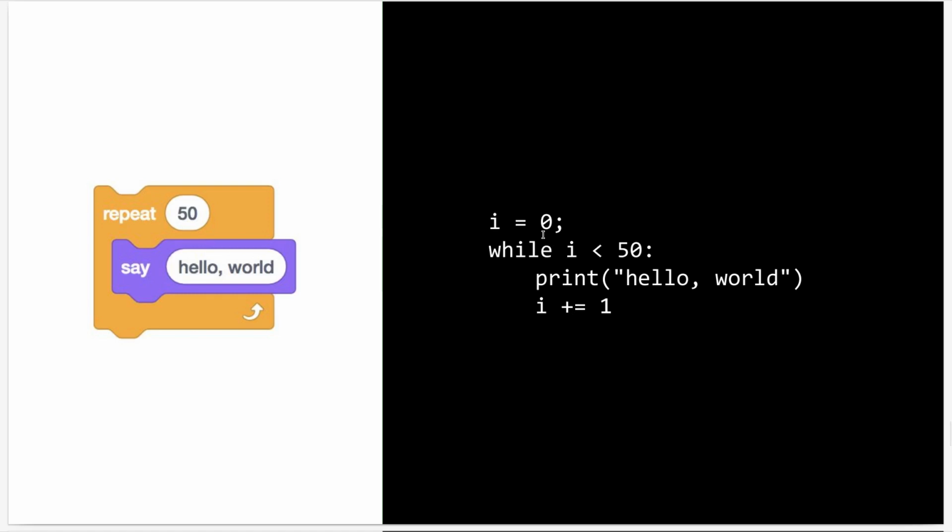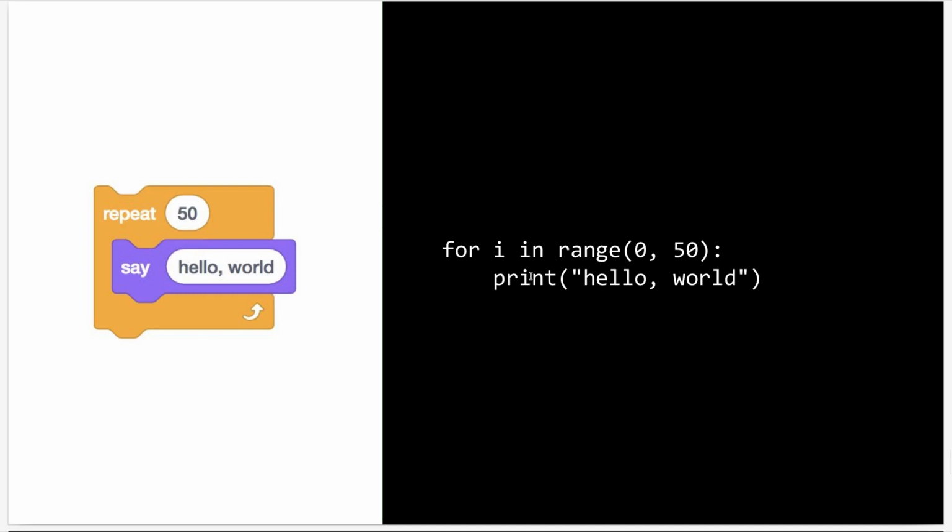So now if you see the execution, initially i is equal to 0 and 0 is obviously less than 50, so print hello world runs, and now i is incremented by 1. 0 plus 1 is 1, i is now equal to 1. 1 is also less than 50, prints hello world, i again gets incremented by 1. So this goes on until i is equal to 49. 49 is less than 50, prints hello world, and then it increments by 1. And now i is equal to 50, and 50 is not less than 50. So it will exit out of this loop.